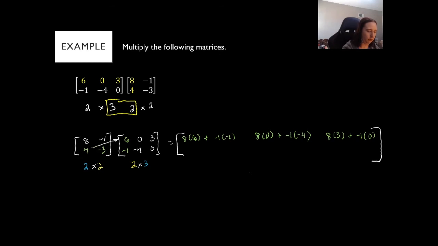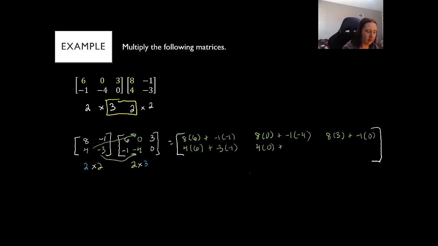So I have 4. Oops, thought that was going to be green. Okay, so 4 times 6. And then -3 times -1. So that will be second row, first column, that goes in the first entry in the second row. So now I'm going to just erase my arrows. And then we still have that second row, but now we move to the second column. So 4 is multiplying by 0,